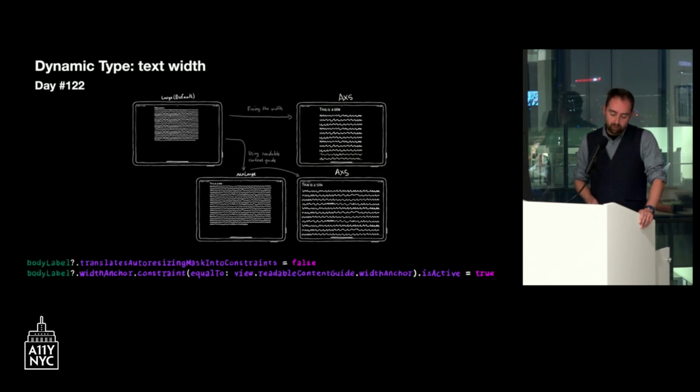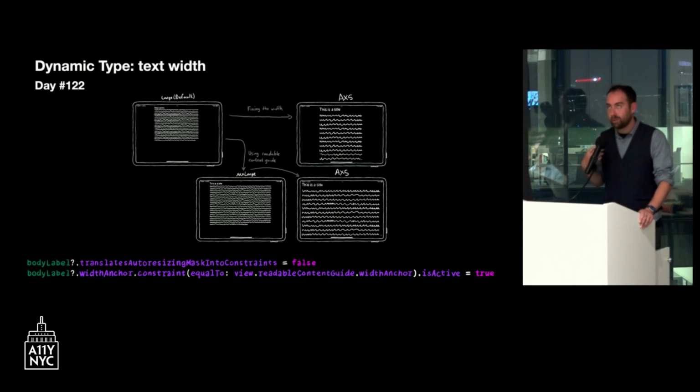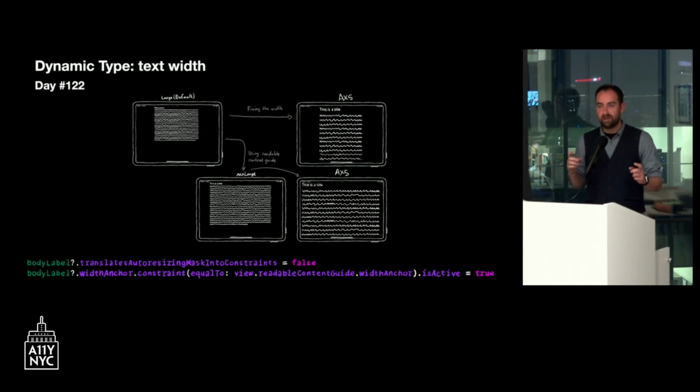There's a bunch of really cool things you can do with dynamic type, and in this case, auto layout. And one of the things is, you may sometimes wonder what's the ideal width for a line of text. If you have, for example, an iPad that is almost 13 inches and you have it in landscape, having a line of text that goes from the very left edge of the screen to the right one is just too long. And if you have multiple lines, it gets very difficult to read.